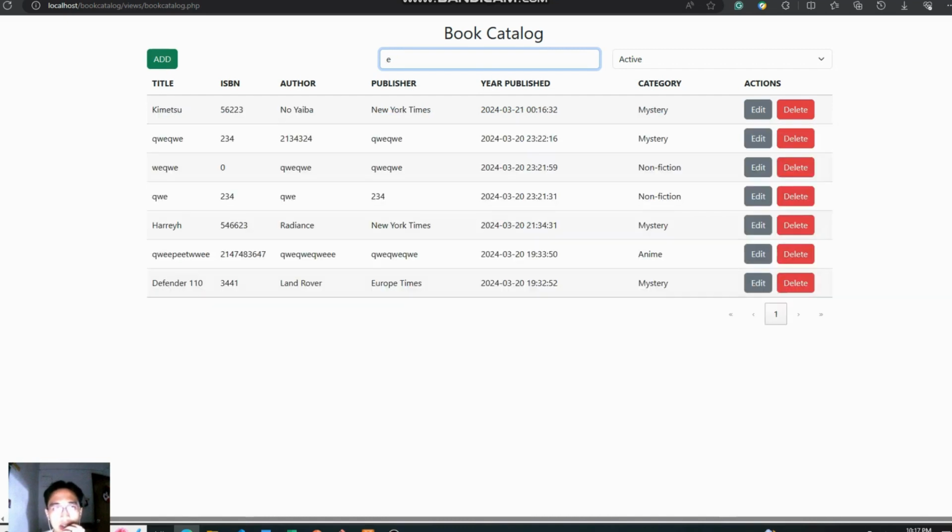So select that. Everything has E, so only if the book title has E in it and their status is active, they'll show up here.